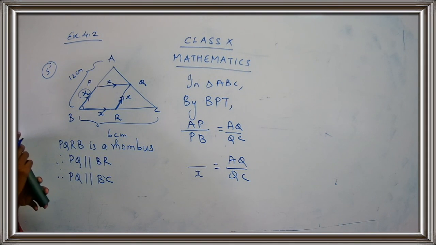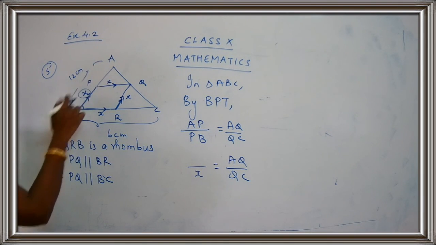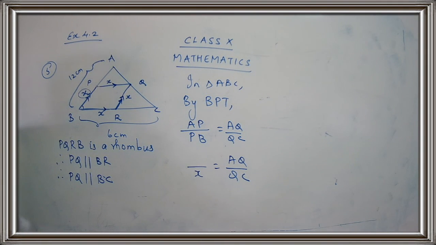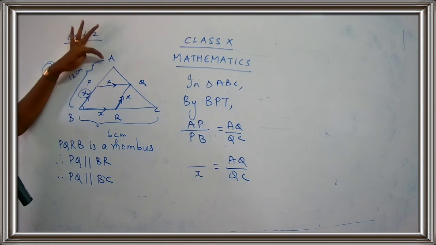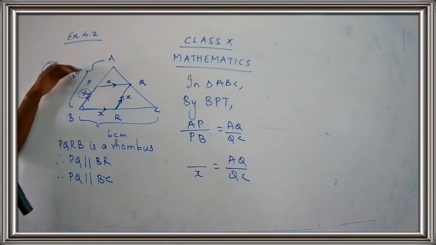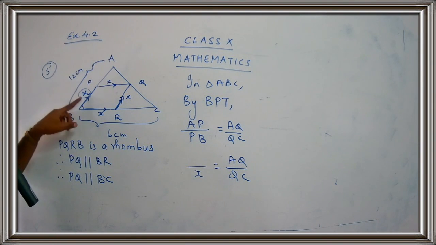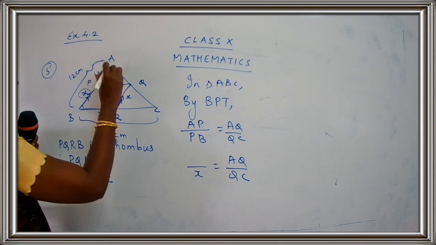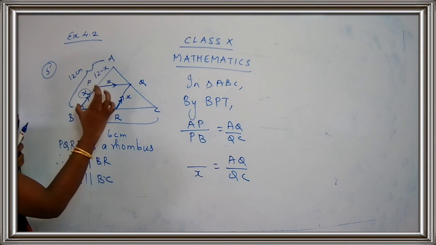Now here I have to find out the value for AP. Come on, let's see how to find AP. AB, the whole length, is 12 centimeter. Are you listening to me, children? What is the value for AB? It's 12 centimeter. From 12 centimeter, if I remove PB from the whole line segment, what do I get? I get AP. That means from 12 centimeter, you are going to remove X. So what is this part? 12 minus X. Getting my point? So from 12, you have to remove X.